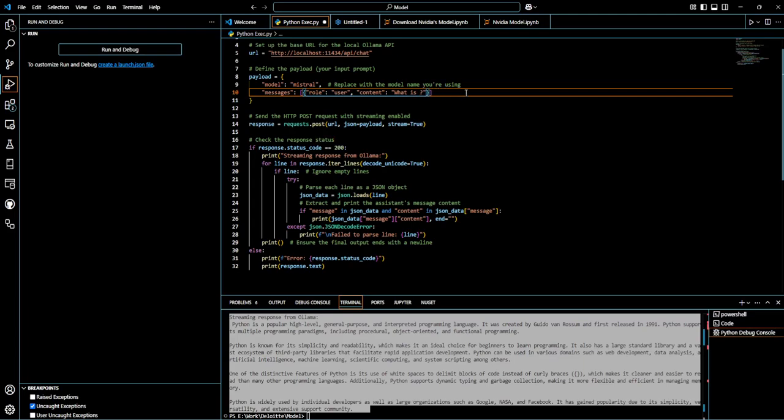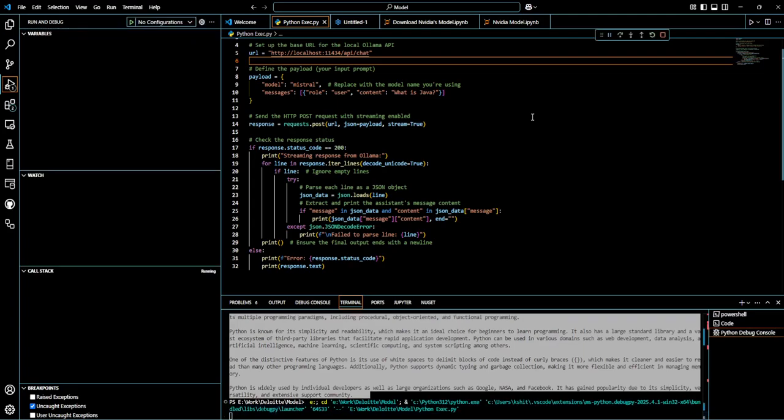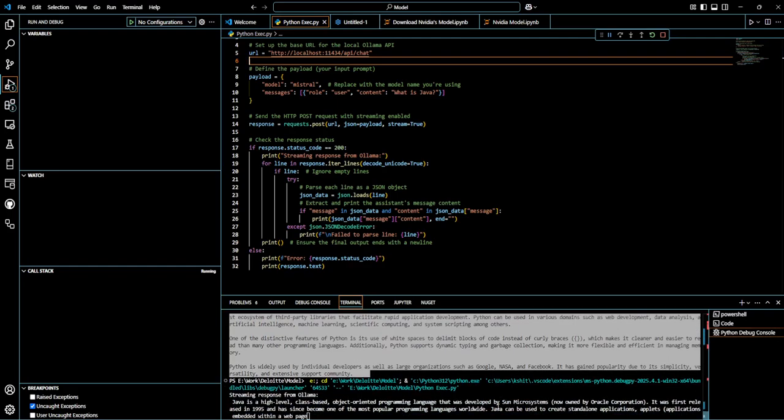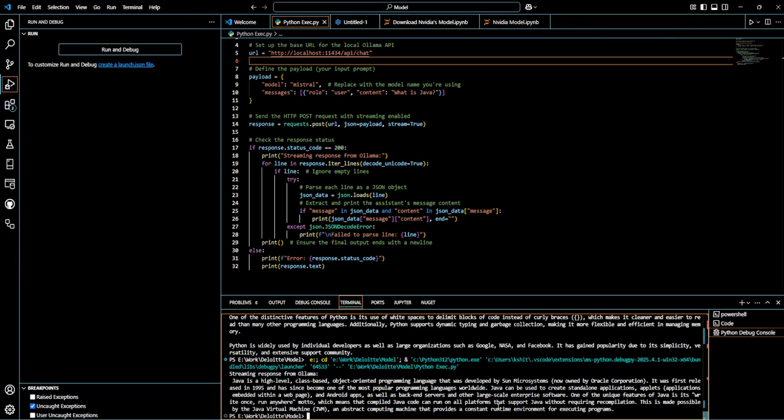Now this is Mistral running right now. I can also run Llama 2.0. Or let's say, "what is Java." Okay, so this is the code I'm going to go with. I'm going to save and run this locally. It will take some time, but let's give it a shot. So this is an LLM running locally in my system,